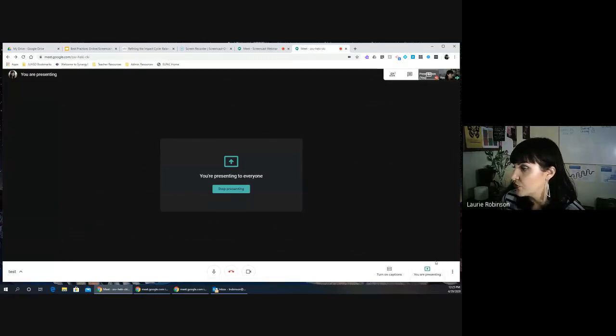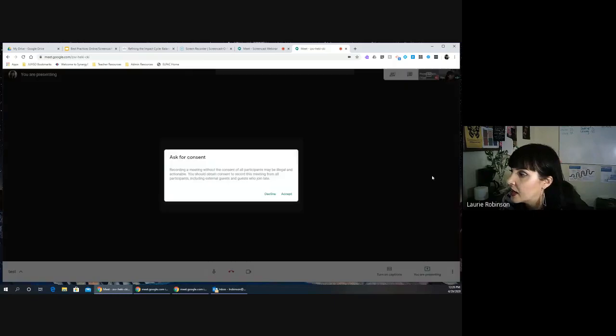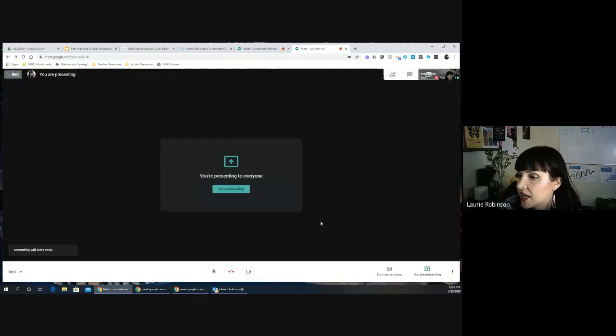and I'm going to go down to the very bottom where it says more options. It's got these three vertical dots. It almost looks like a black and white stoplight. When I click this, the very top button is going to say record the meeting. It's going to give me a consent message here. I can accept, and then it says recording will start soon. It might take a second to load, but as soon as that little box is in red,